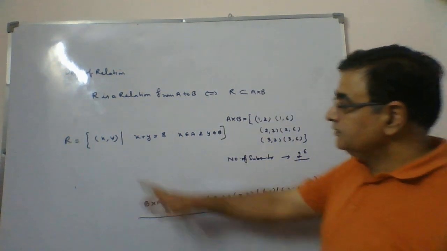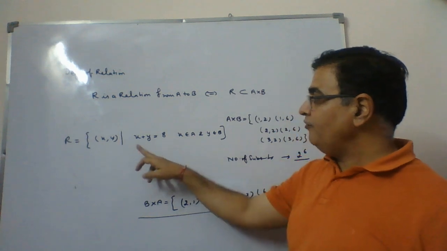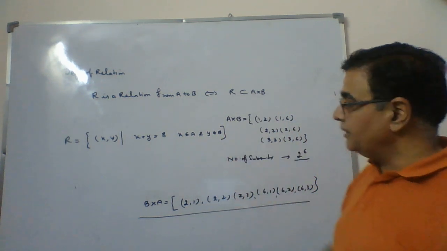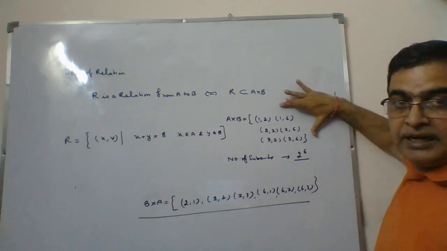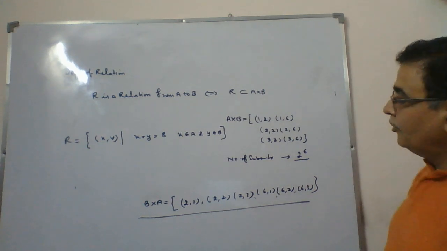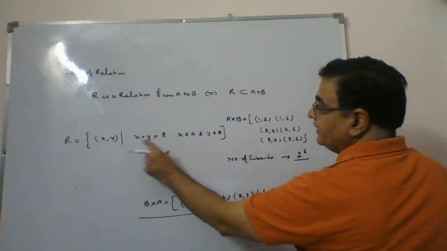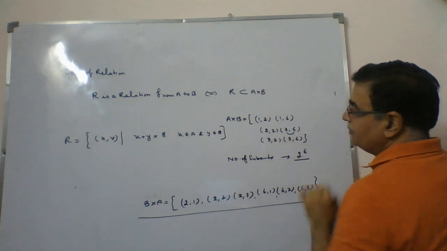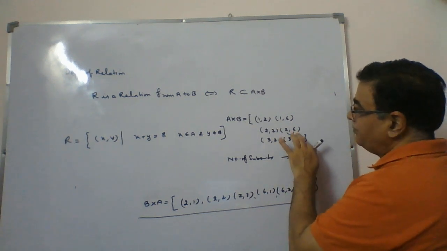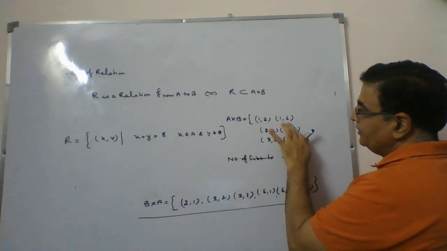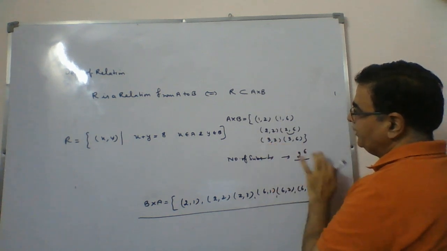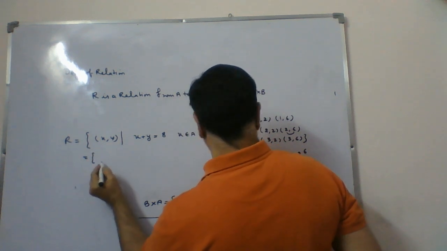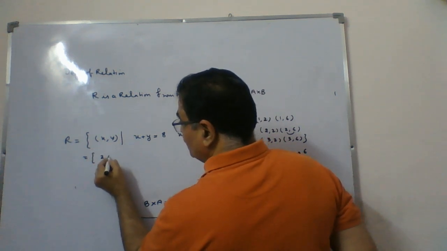Now check here. We want a relation x comma y where x plus y is 8, where x is a member of A and y is a member of B. This is the collection of ordered pairs of A cross B. Which members are giving x plus y is 8? This is the rule given. This will give you relation 2 and 6. That will make the sum 8. This will give 3, this will give 7. This will give 4, this will give 5. This will give 9. So only one ordered pair. So this relation will be simply one pair, 2 comma 6.